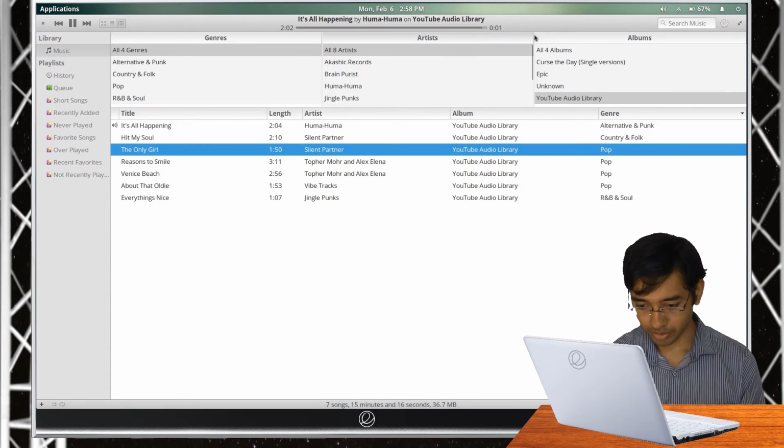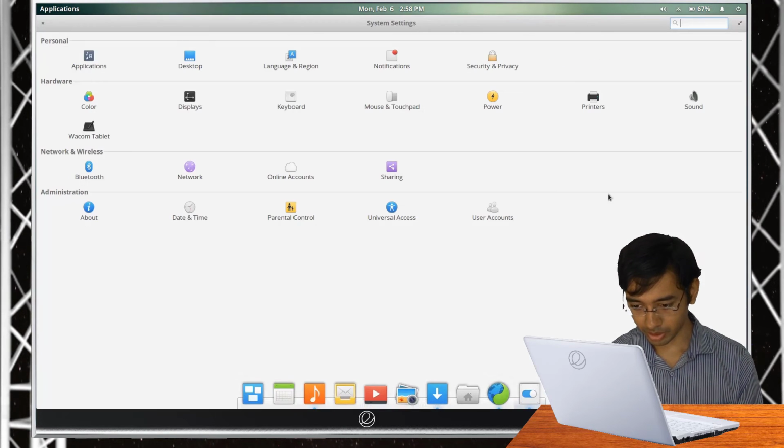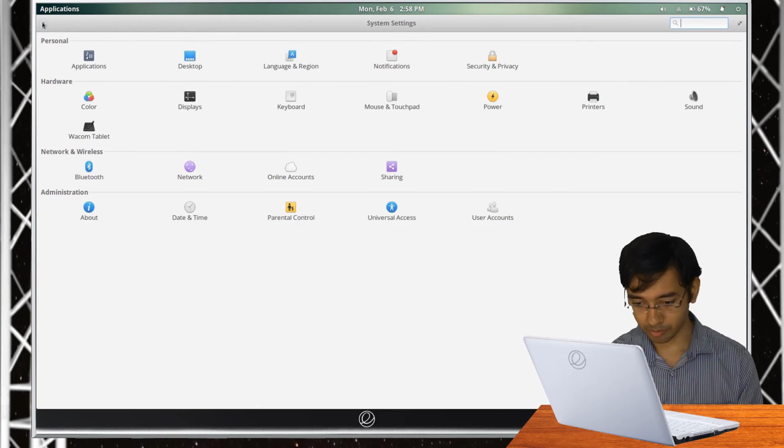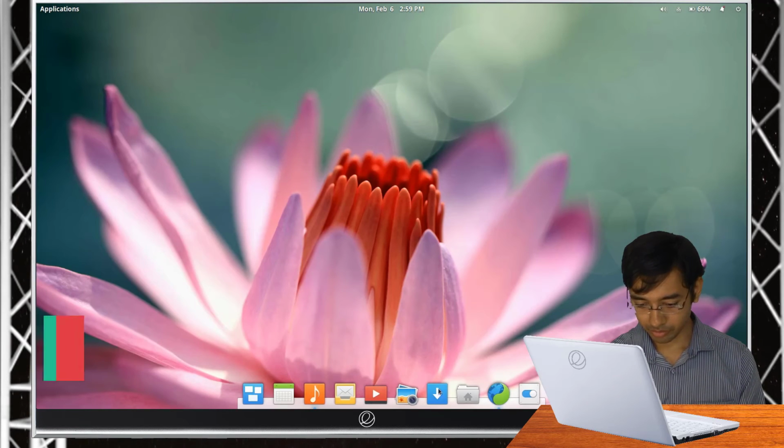There is some bug currently in the notifications, because as soon as the song finishes, I should receive a notification. At present, I don't receive the pop-up notification. This feature was working for like 2-3 days back, but at present, whenever the pop-up notification comes, a black screen appears. Now let's look at the terminal application.